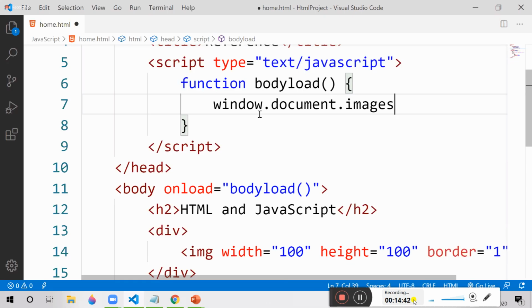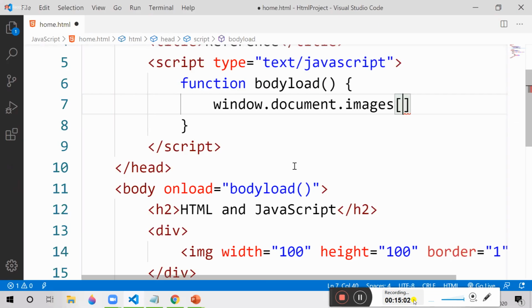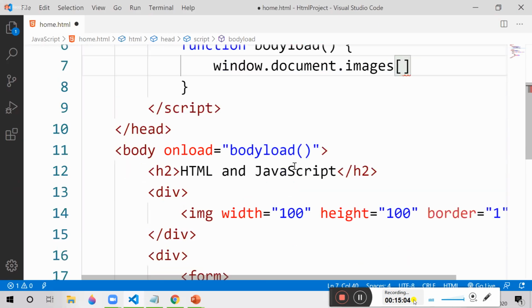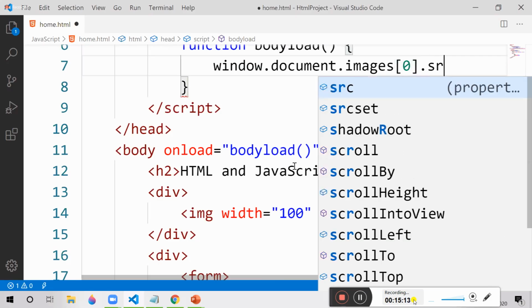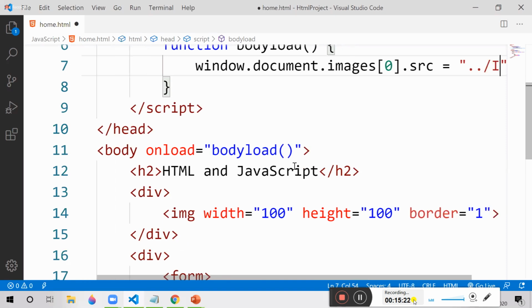Images is an array. Array means we use a meta character, the square brace, and a collection index number. Images are referred to by using index number. You can see we currently have only one image, so its index number, out of all images, is 0. And it is an image. An image usually has .src, the source. Image source is equal to, I will apply the source as images/